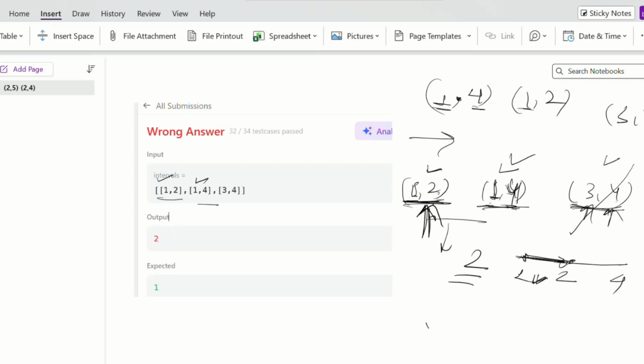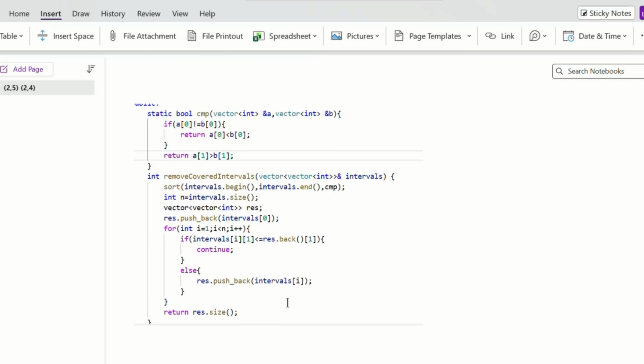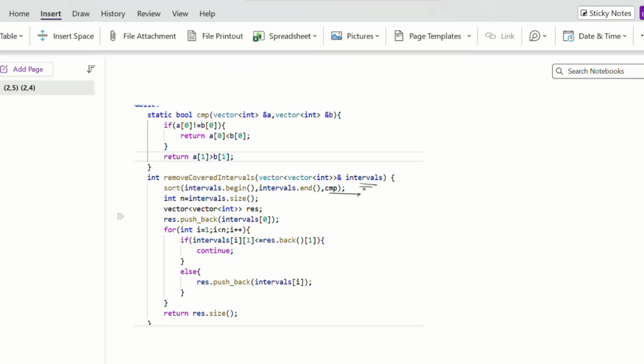So that in this case we can see, yes, on the basis of this, this part is fully covered by this part or not. The same thing I have done in my solution. I'm using sorting to sort my intervals. To sort, I check if my zeroth index is equal or not. If it is not equal, I sort on the basis of the zeroth index, so the smaller value comes first and the greater value comes later. If both are the same, as we have seen in the previous example, then the vector with the greater second value will come first, and then the smaller one.